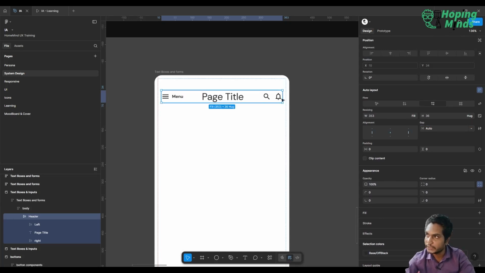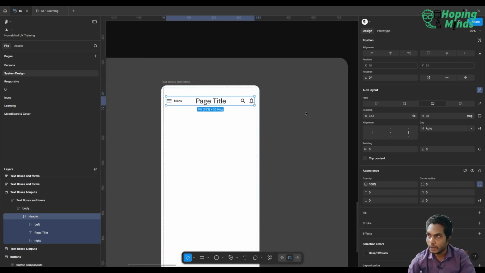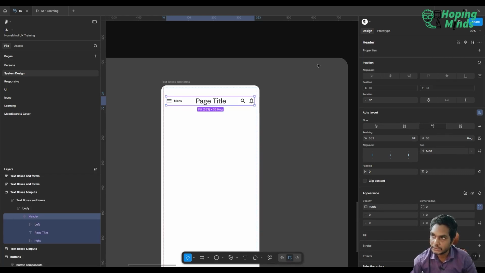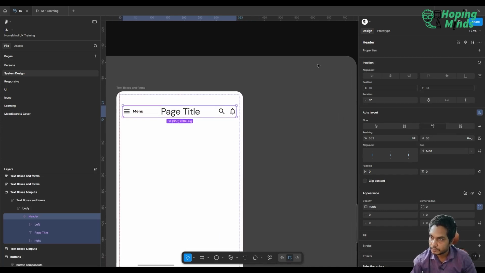Auto spacing basically will put everything at a specific place. Now let's create this as a component. All right, so this can be entire component. This can be entire component. All right. So let's say if this is an entire component,